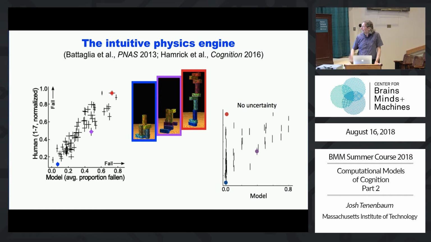Okay. It actually, in the ground truth physics, is stable, right? That's because the blocks are just perfectly arranged that it won't fall over. But we don't see it that way. It's very hard to see that. And the probabilistic model captures that. The ground truth model doesn't. And this is the worst mistake the ground truth model makes, but it makes others.